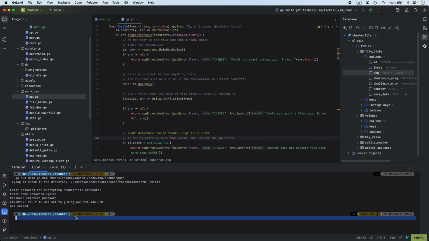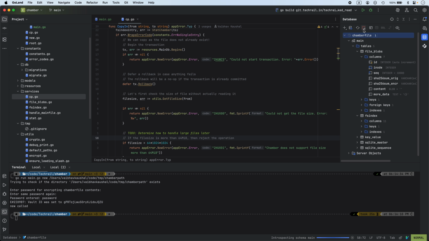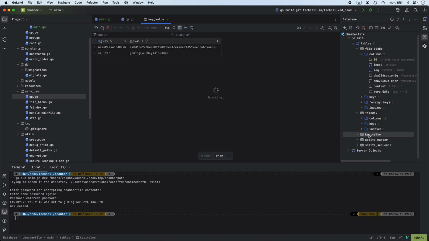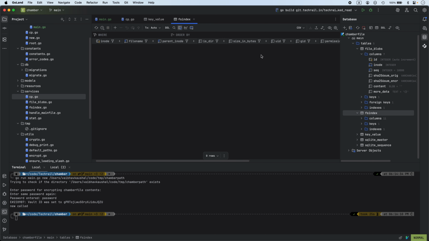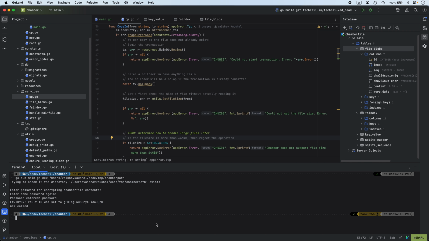Let me continue. So the password entered is password. Vault ID is set to something here, and let me refresh. Disconnect. Refresh. It should be pointing here. Let me check whether it worked. Yes, it's the same one that has been opened. Lovely. Let's see, FS index is empty, file blobs are empty. Well and fine. Now let me try to copy a